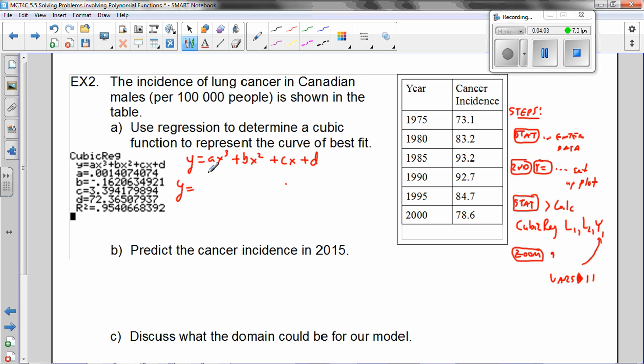So the curve of best fit here, A is 0.0014 x cubed. The B is negative 0.162 x squared. The C is 3.39, and I can put as many decimals as I want, but I'm rounding off a little bit, plus